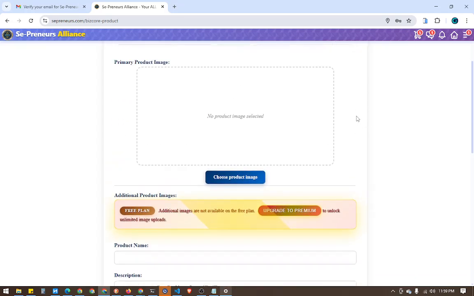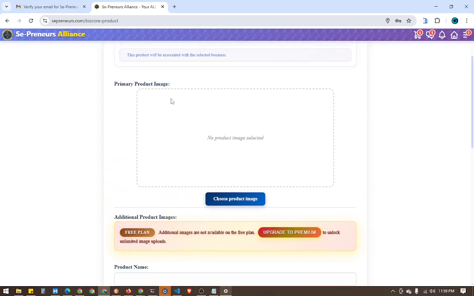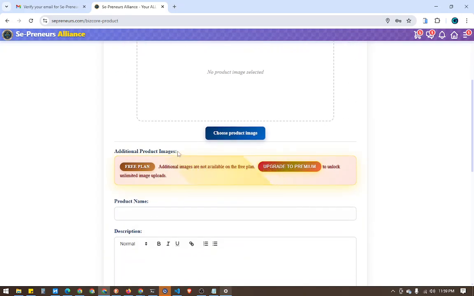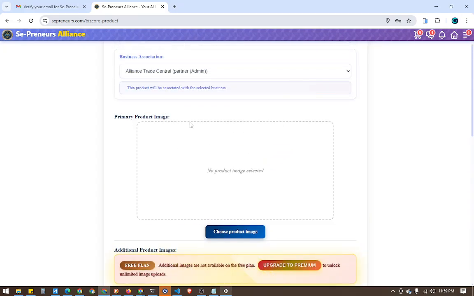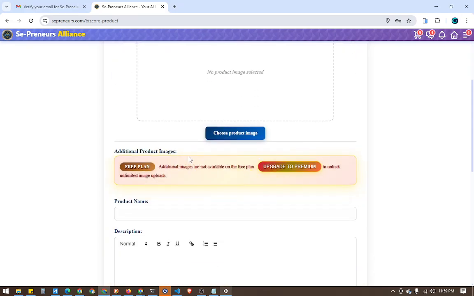Then you can add a primary product image or a cover of your product. And for the additional product images, we currently limit that for the free account, because sometimes the uploaded images are high resolution and we need additional storage.